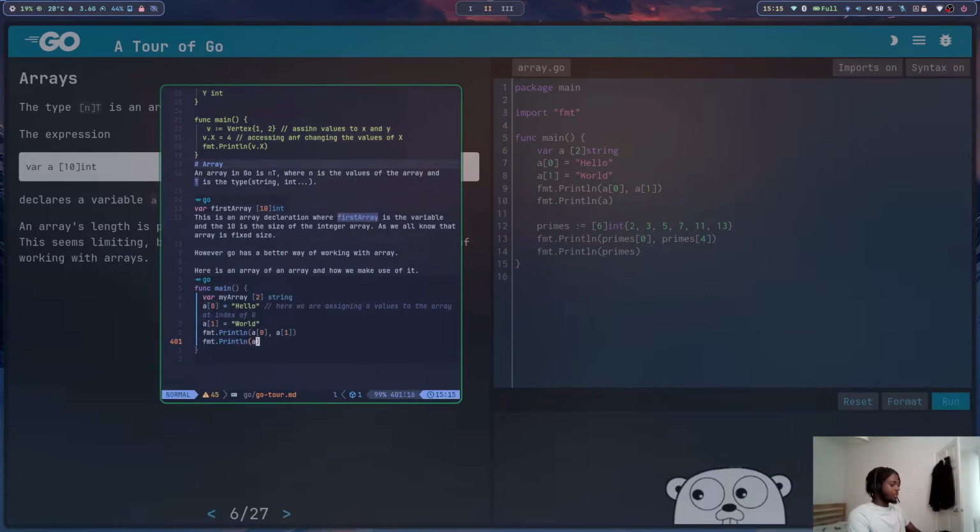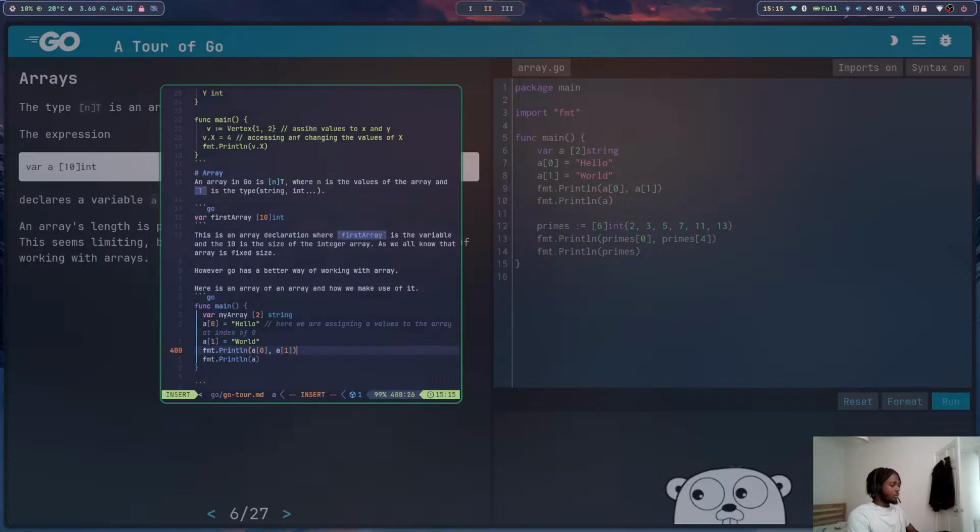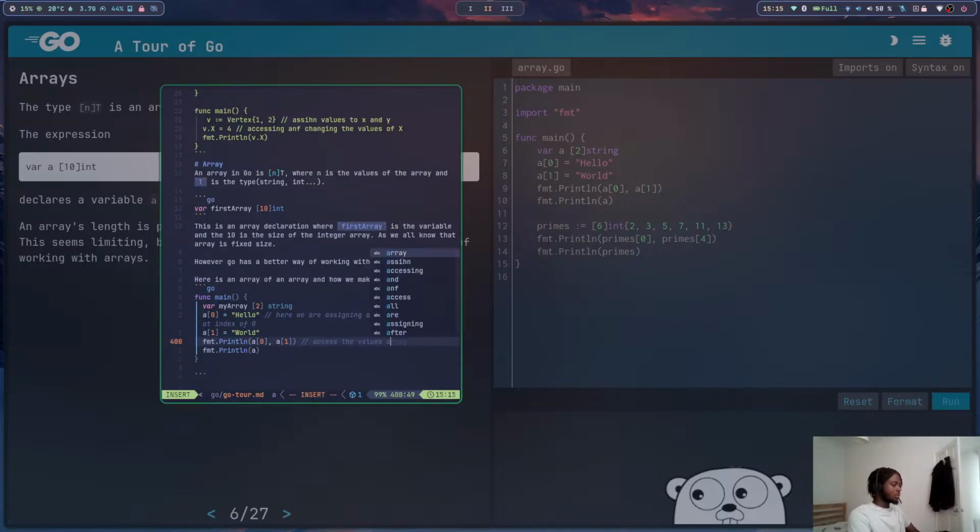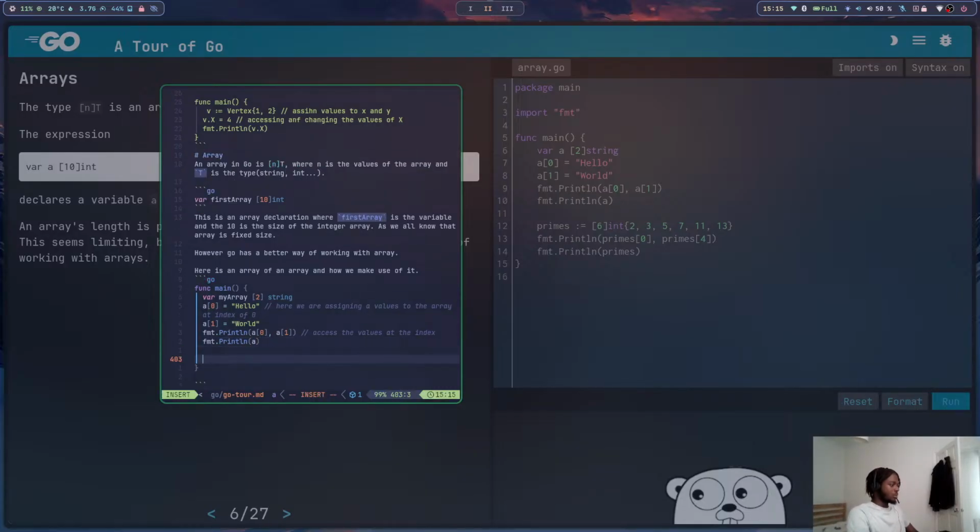So we could access the value at the index and print the arbitrary. We could go anyway, and we could also say primes, and then we do equals to